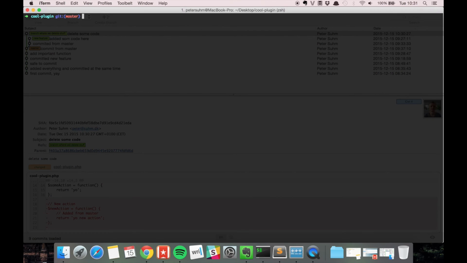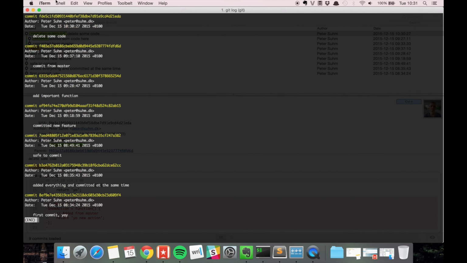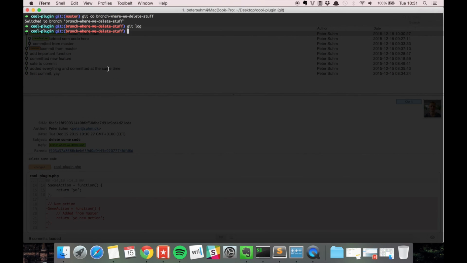Finally, you can use git reset to permanently delete a commit. And this is where it starts to get a bit dangerous, because if you permanently delete a commit, even though you're using git and version control, it's permanently deleted and there's no way of getting it back. So if we jump to the branch where we delete stuff and we check the log, we have the commit here, and let's say we want to delete that,